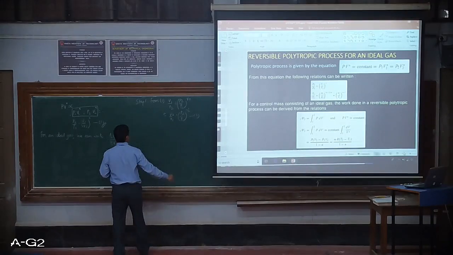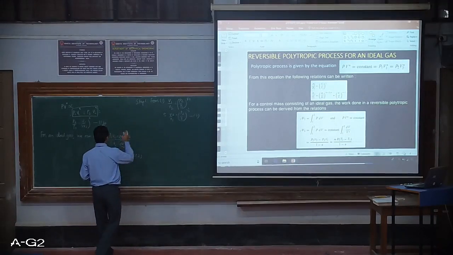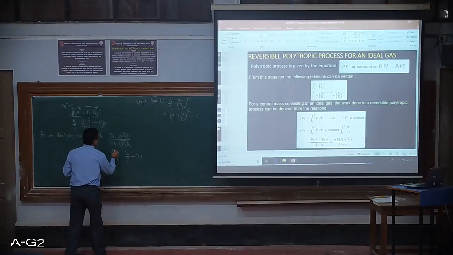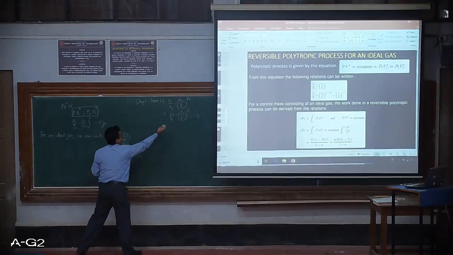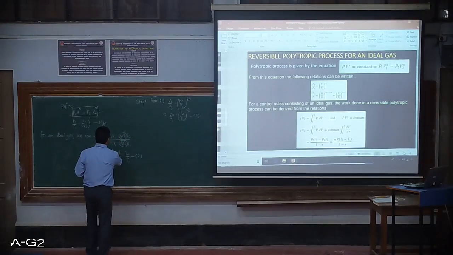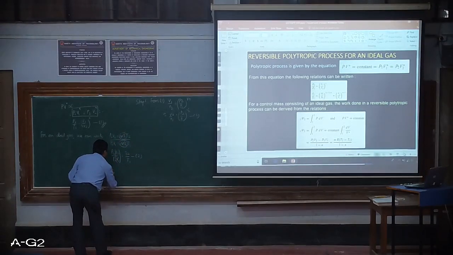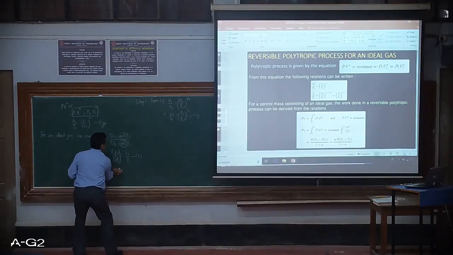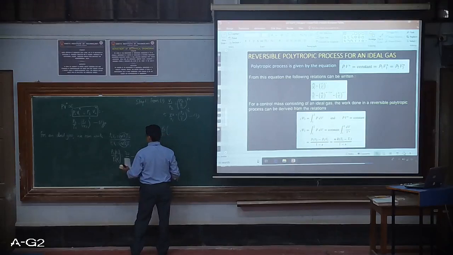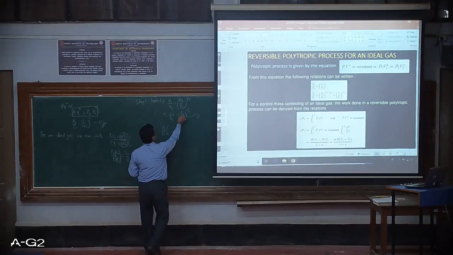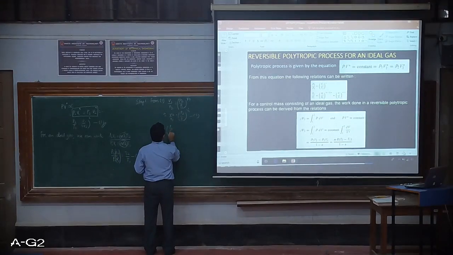So substituting equation 3 in 2, so wherever I have V2, say for example here, I will be replacing with this expression. So this expression now becomes P2 by P1, I will be writing here, P2 by P1 as it is. So V2 by V1 is given in terms of pressure ratios, P2 by P1 to the power 1 by n